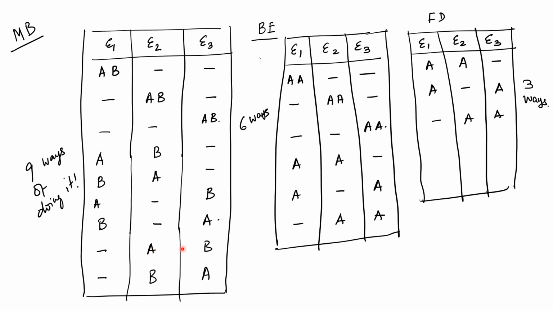Similarly, here AB and BA are 2 distinct ways. However, they are not distinct in the quantum distribution. So, this is the classical distribution,